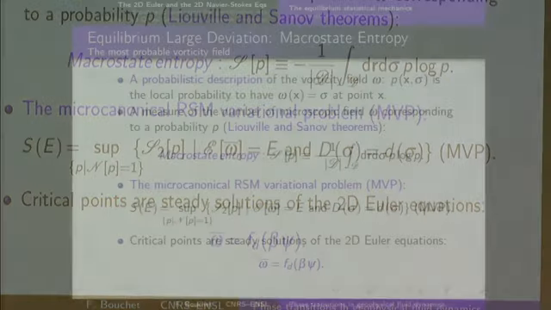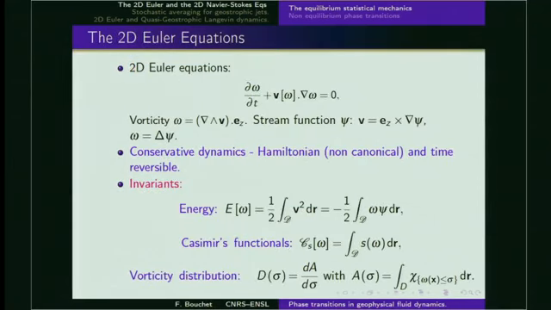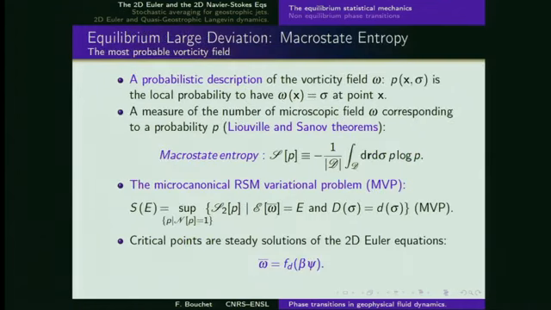So what we want to do, and what has been done in the past by other people, and I also worked on that, is to define for these Hamiltonian systems the equivalent of the microcanonical measure. The microcanonical measure here will be a measure which has the property of having all microstates equiprobable, but with the constraints that we know the energy and all the other invariants. So this is possible. I won't explain this in detail.